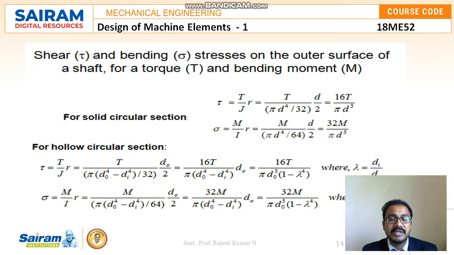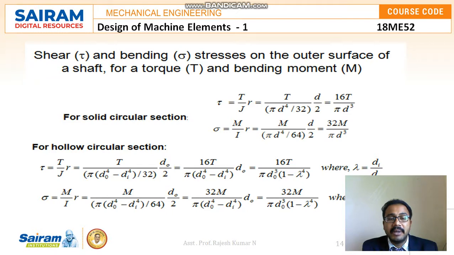Similarly, for the stress, sigma is equal to M by I into R. And again, I know the inertia formula for the solid circular section. It is M divided by pi d power 4 by 64 into d by 2, that is 32 M divided by pi d cube. For the hollow circular section, tau is equal to T by J into R,